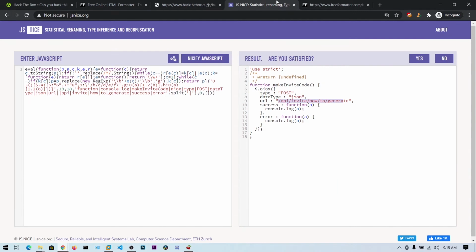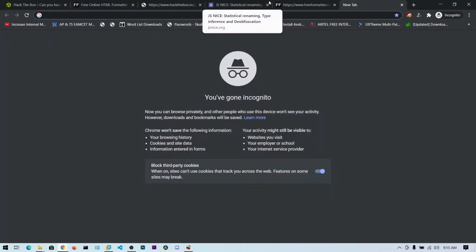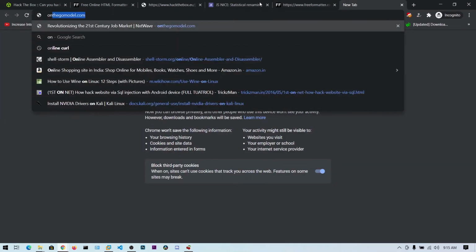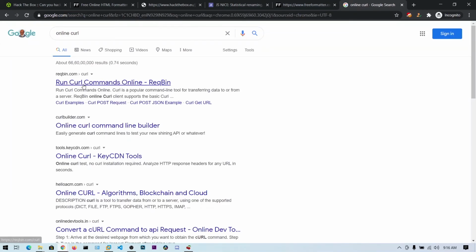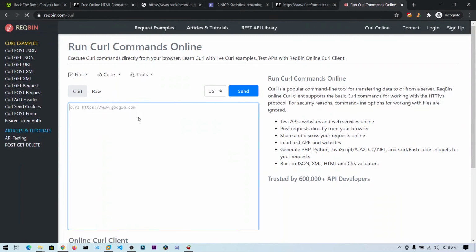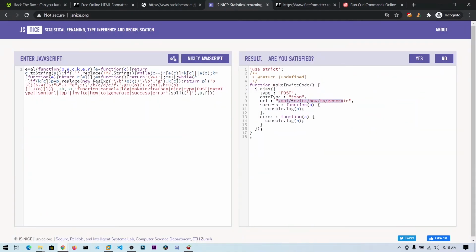You can use curl, but I am not going to open Parrot now, so I am going to use an online curl. So let's try this post request: curl -s so as not to display unnecessary data, and we need to specify this URL. Let's copy this one, sorry.